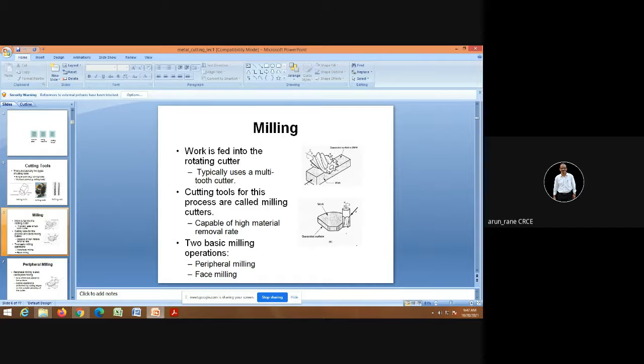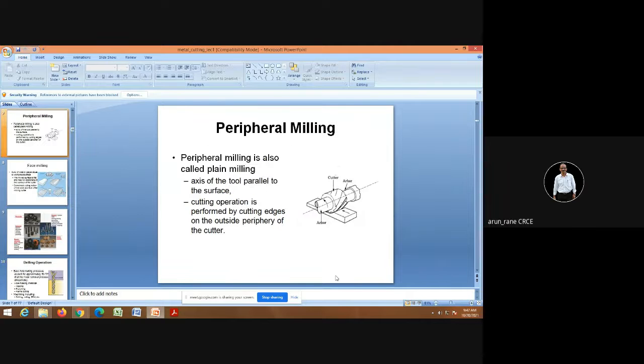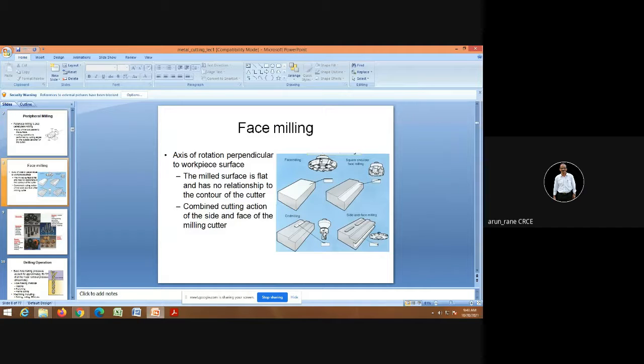This is what a surface milling operation is, because I just now showed you the milling cutters, so you will be able to understand this. This is called the shell end mill, and this is your helical shell end mill, whereas this is your plain end mill. Now this is used for external contouring operation, whereas this is used for face milling. This is again peripheral milling. It is also called face milling. Why is it called peripheral milling? Because the cutting is done with the help of the teeth which are situated on the periphery.